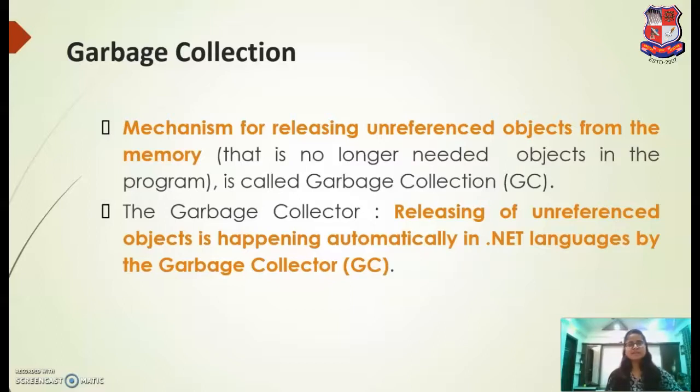Whenever we write code in our application using the new keyword, it allocates memory. But sometimes memory is occupied by objects that are not referenced by any reference. Those objects are unnecessarily occupying the memory, and they will be deallocated by the garbage collector.